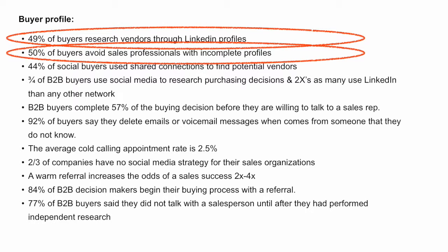The next thing is that 50% of buyers avoid sales professionals with incomplete profiles. So if you don't have a picture, if you don't have a lot of information sitting on your profile, guess what? People are not going to call you or reach out to you, and you're missing an opportunity for people to connect with you and engage you for your products or